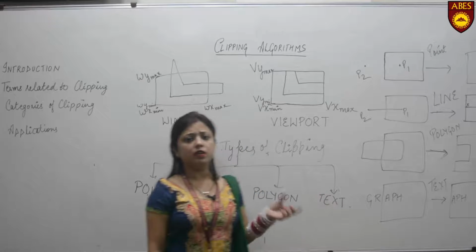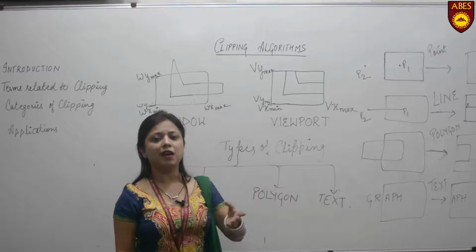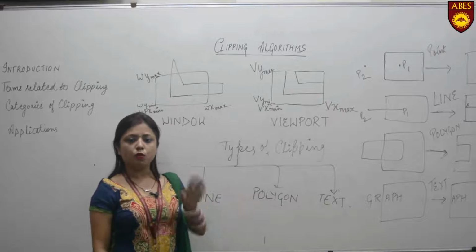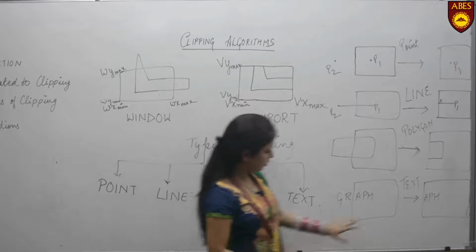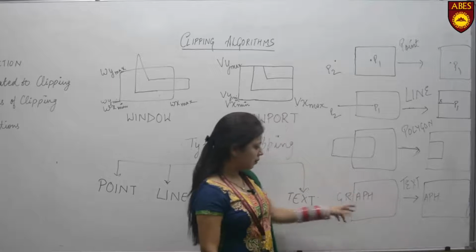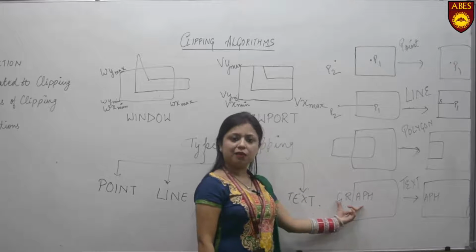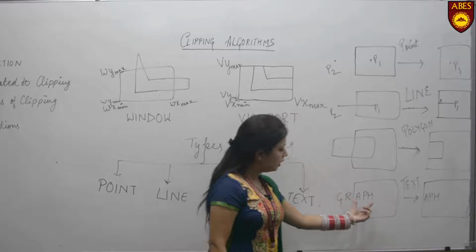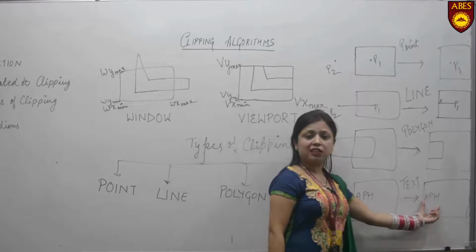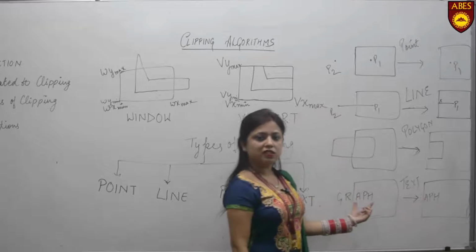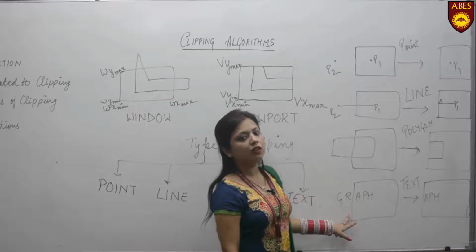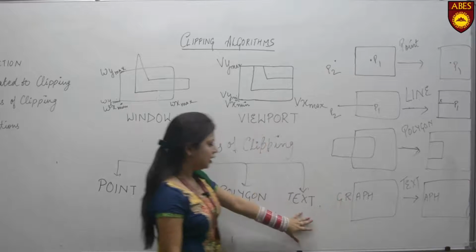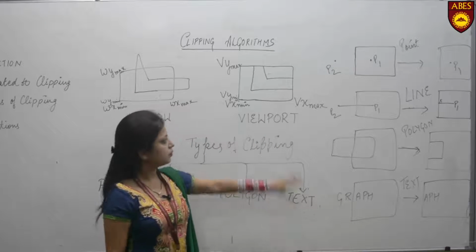What we generally do is, we embed multiple text in our image. For example, in this example there was an image which is composed of a text named graph. Now only that part of the text which was inside the window is retained, that is APH, and the GR part was cropped out. This is basically the example of your text clipping.